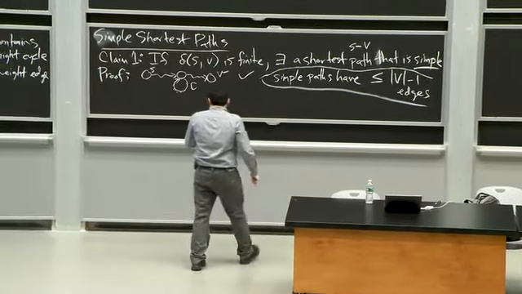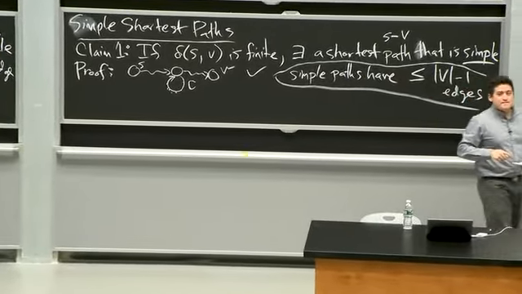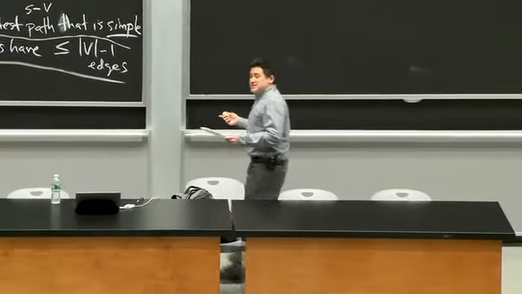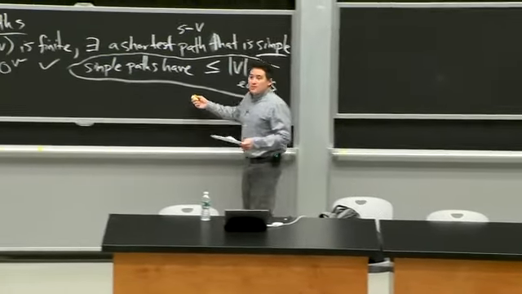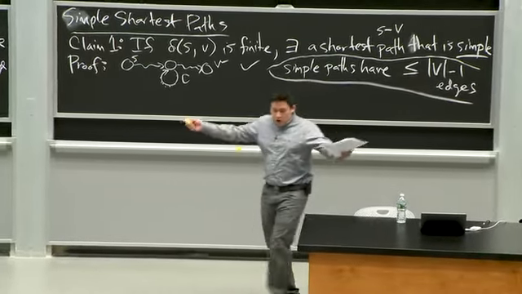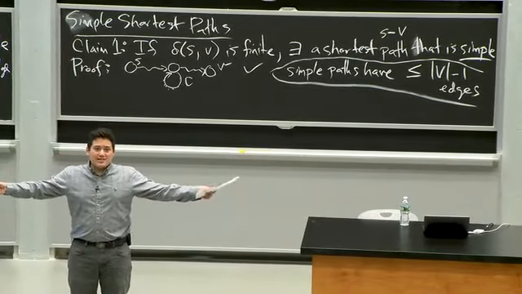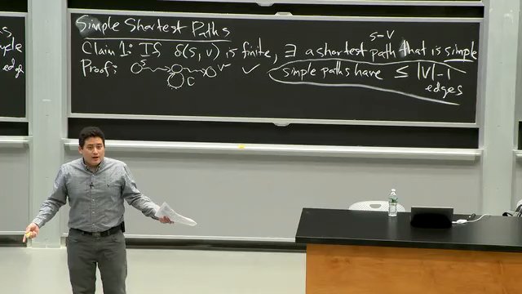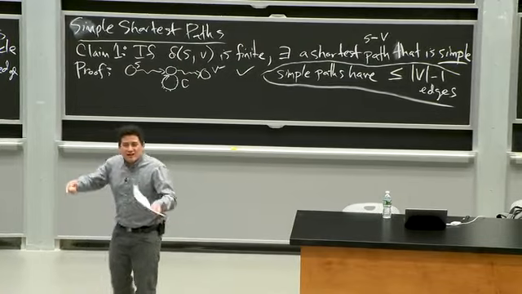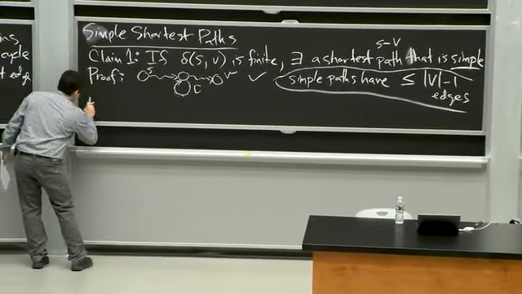Okay. So, I have an idea. What if I could find shortest path distances by limiting the number of edges I go through? So, not the full shortest path distance from S to V, but let's limit the number of edges I'm allowed to go through, and let's talk about those shortest path distances, just among the paths that have at most a certain number of edges. I'm going to call this k edge